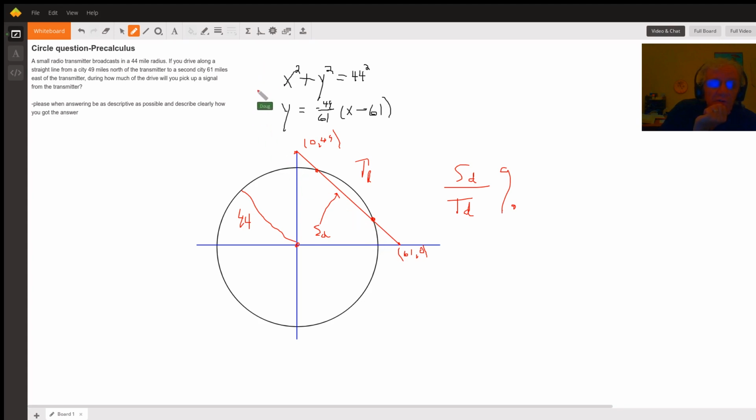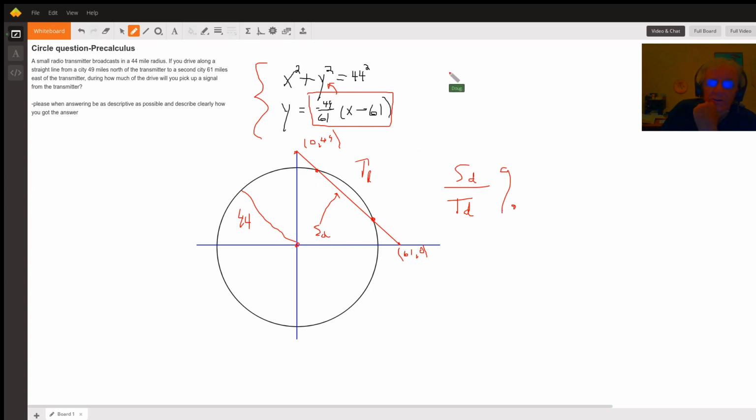So you've got these two equations here, the equation of the circle and the equation of the straight line, which I determined by finding the slope between the two cities, negative 49/61, and then using slope-intercept form. Well, not quite. I actually used point-slope. And to find the points of intersection, we're going to take this expression here, substitute it in for y,